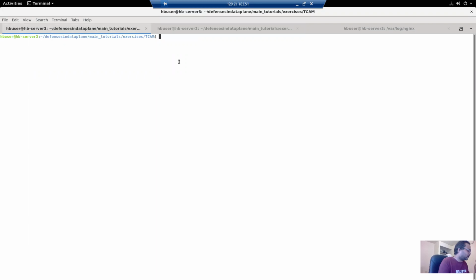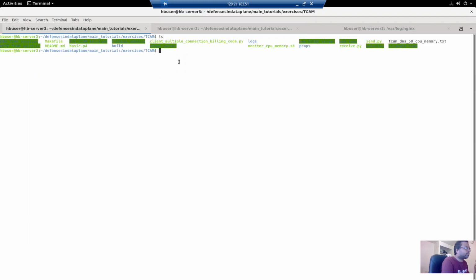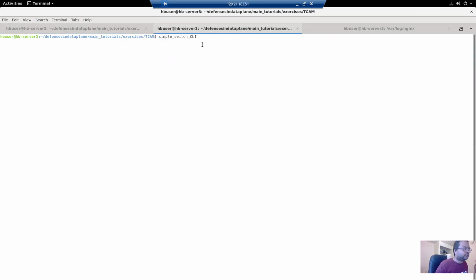Here you start your Mininet setup using the sudo make command. It automatically initializes every other tool in Mininet. It automatically starts running the gRPC servers and the switch programs, and then you can interact with each of the switches using this command.